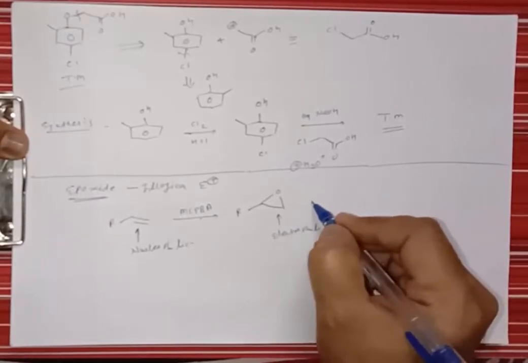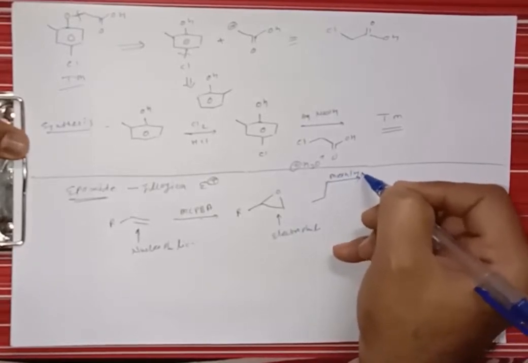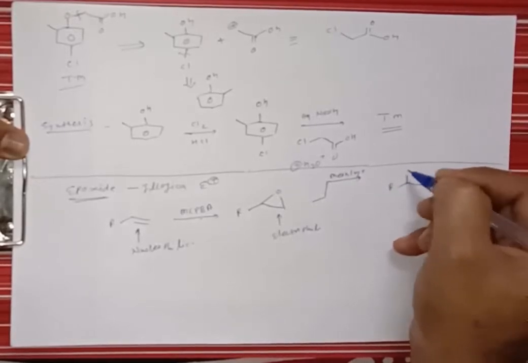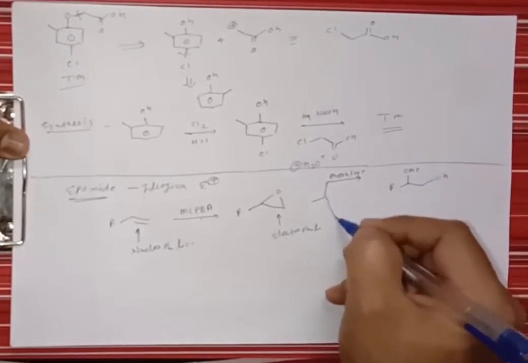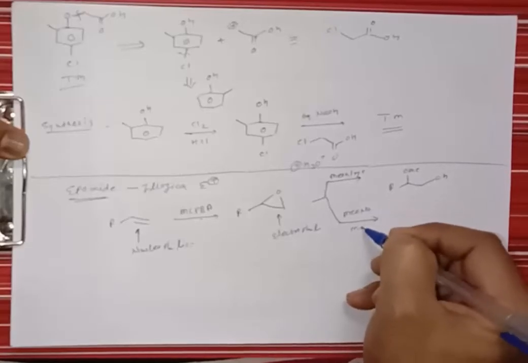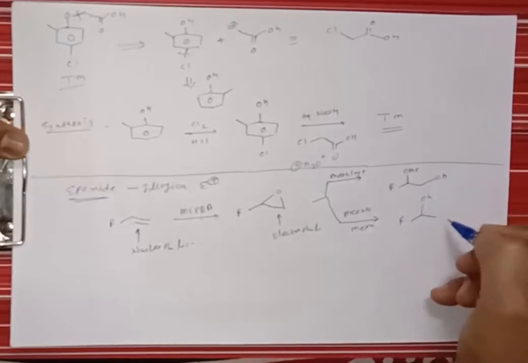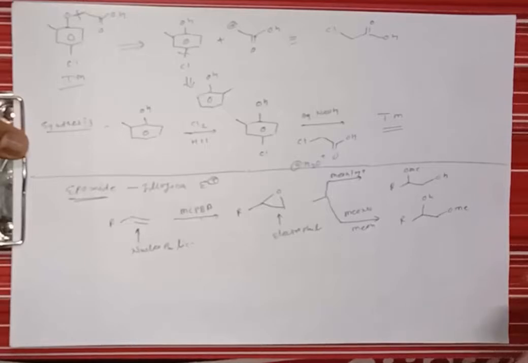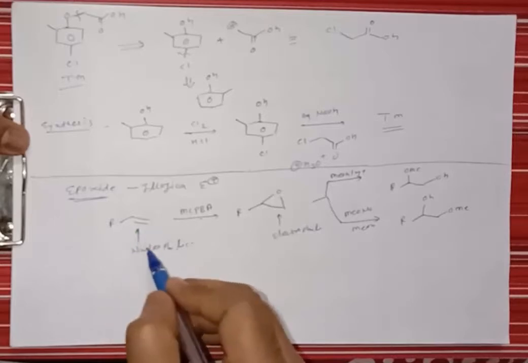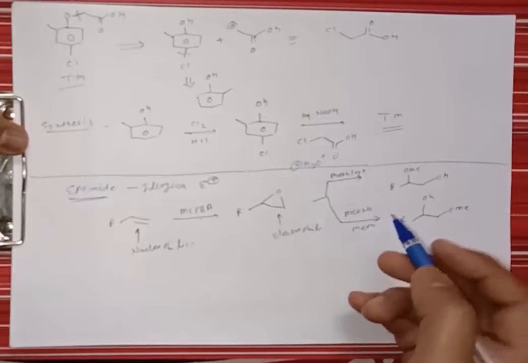That means if we treat this molecule with a nucleophile, methanol in presence of H+, it gives R, CH2OH, and here is OMe. But if we treat this molecule with sodium methoxide in presence of methanol, it gives a terminal attack, and it gives such type of molecule, right? So when this double bond, which is nucleophilic in nature, has its nucleophilicity reverted by converting it into an epoxide, that is called an illogical electrophile.